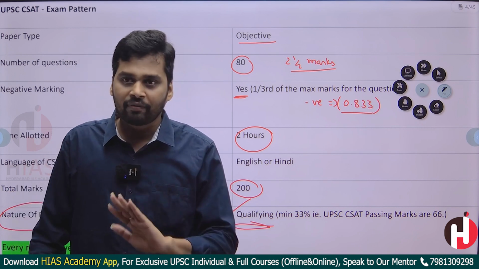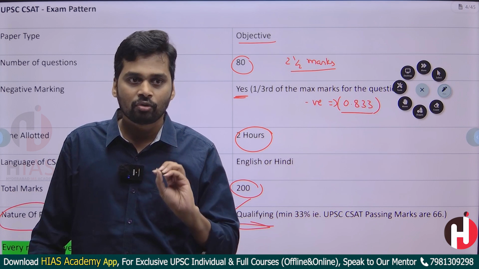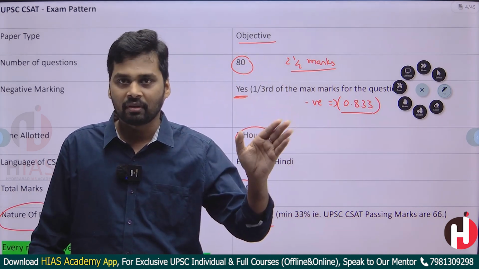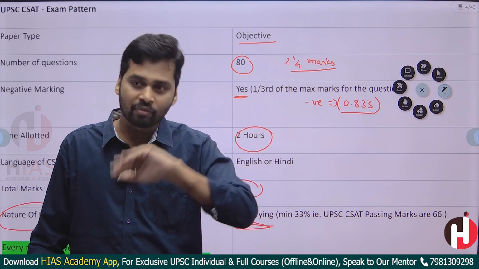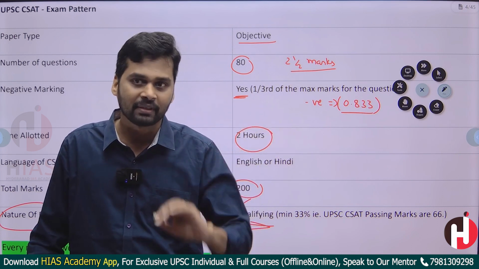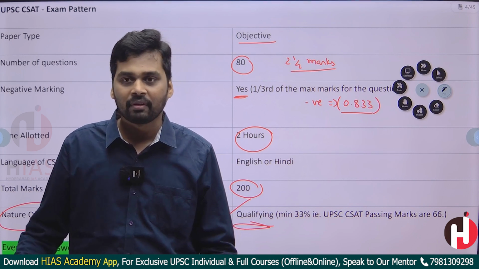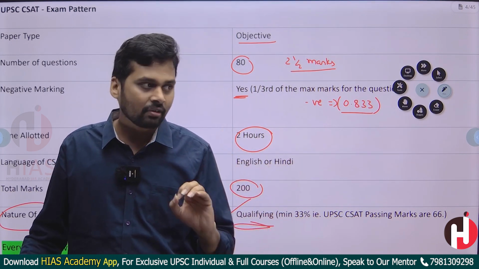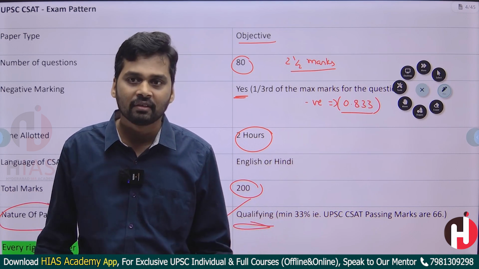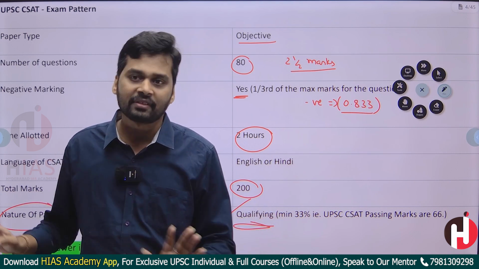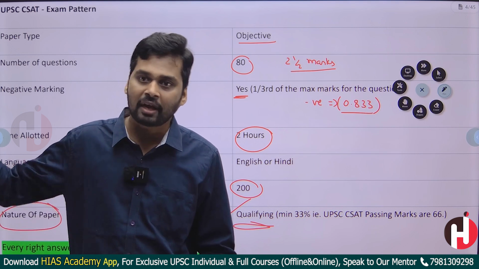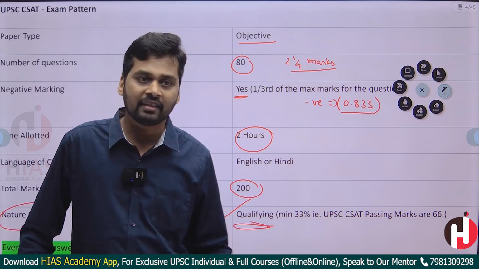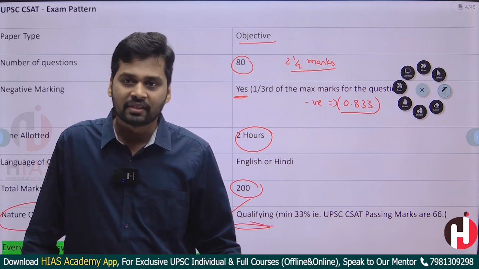So if you don't qualify, I have seen students who are exceptionally good in GS paper 1, getting around 120 plus, 130 plus, but still they did not qualify this CSAT paper. CSAT lo qualify avvaledante, it means that you are not eligible to write mains. Again, you have to start from the scratch. Beginning nunchi malla start avvali. So that is the importance of CSAT.